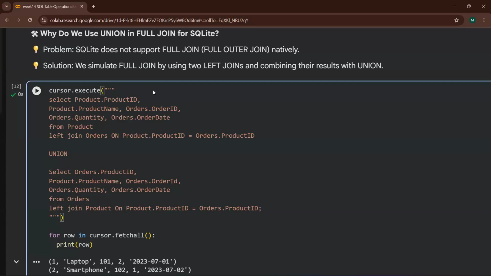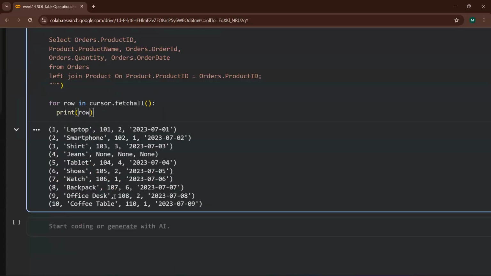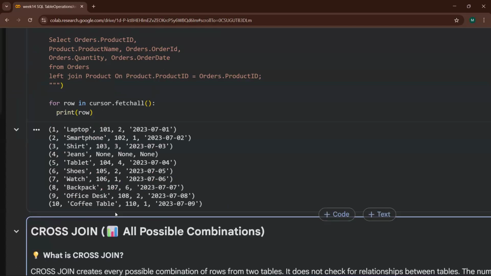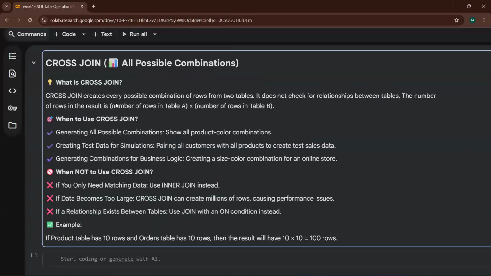Great. So the last thing for this particular part is cross join. All possible combinations. So what is cross join? Cross join creates every possible combination of rows from the two tables.